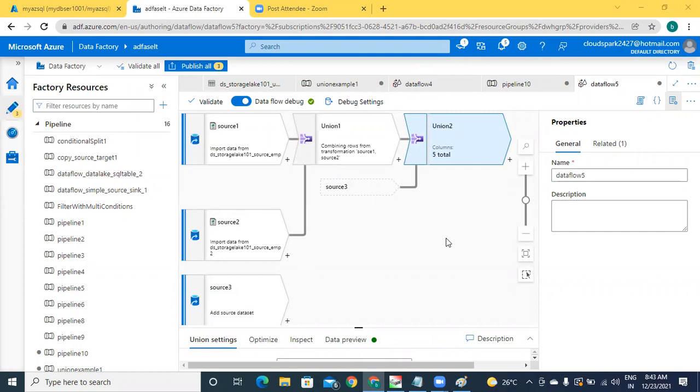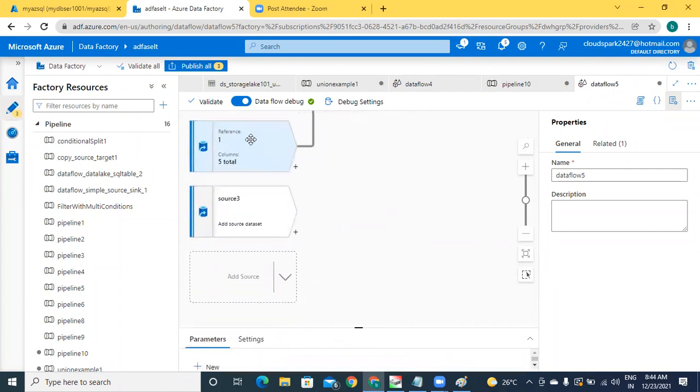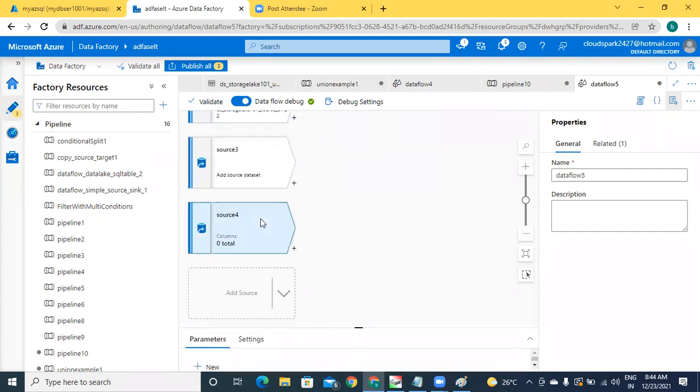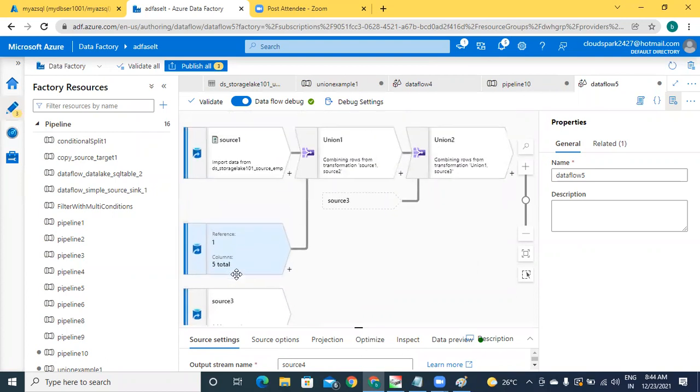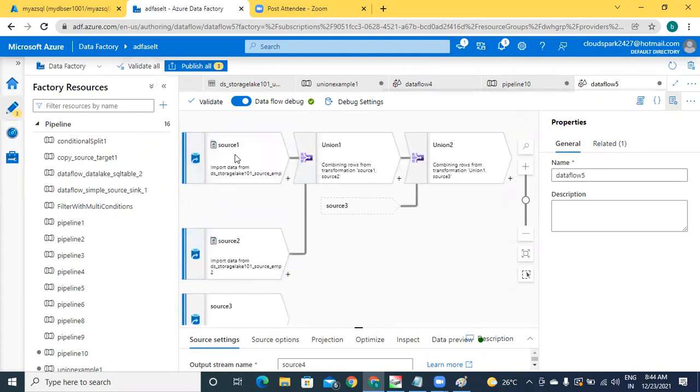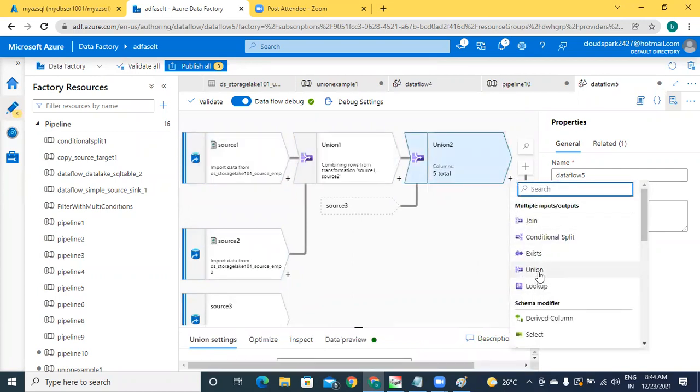So this technique we need to follow. Of course, maybe a simple limitation, but you can overcome it like this. Suppose a fourth source is there. You just add the fourth source and take one more union. Just attach that union.